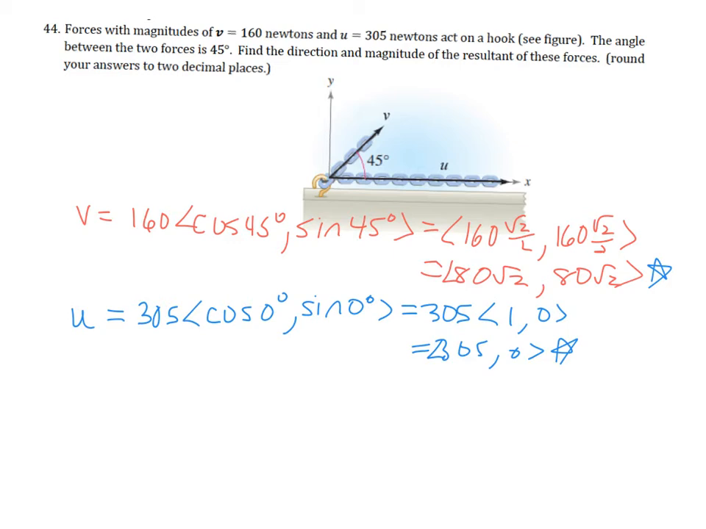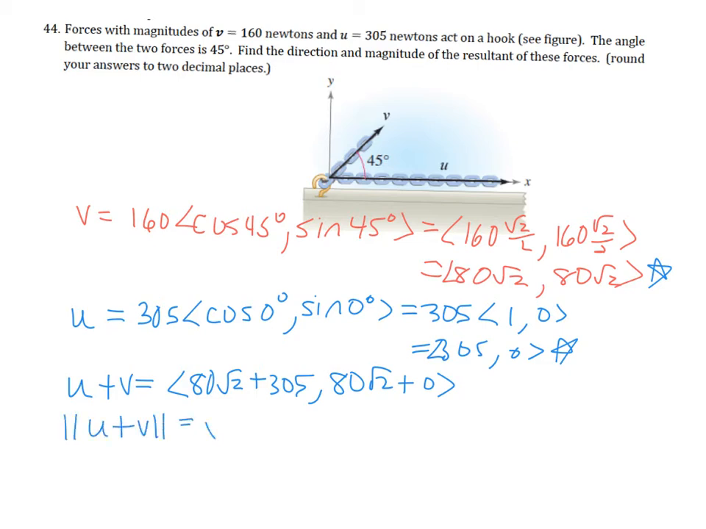So U plus V, the forces acting together, would be 80 radical 2 plus 305, 80 radical 2 plus 0. Okay? Now, that's the resultant vector, but look what they've asked us for, the direction and the magnitude of that vector. Okay? Well, the magnitude of that vector,